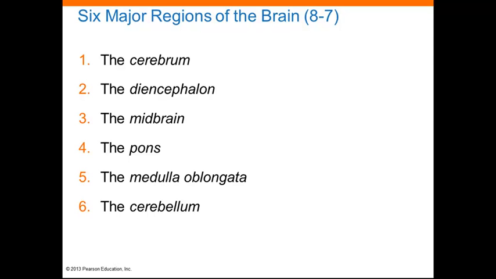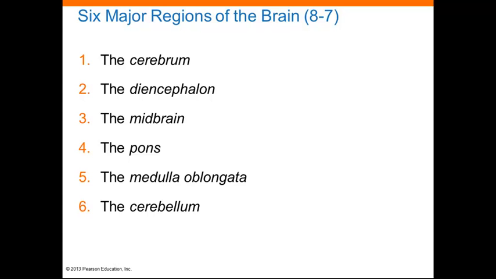The next section in your textbook starts to do a tour de brain, and it lists 6 major regions of the brain in this section 8-7. The first major region is the cerebrum, and this is where you're going to have conscious thought processes. The next major region is the diencephalon,